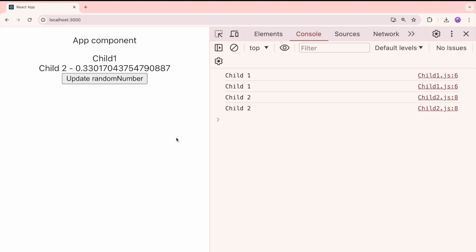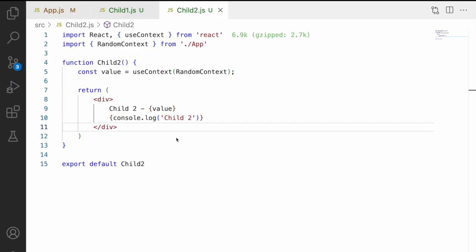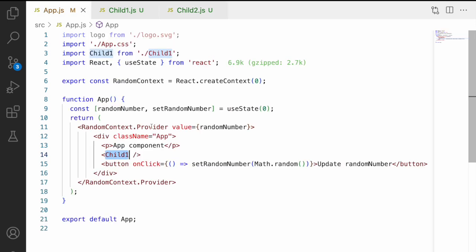So whenever it is containing hundreds of lines, re-rendering hundreds of lines when some other component is getting changed will create a performance issue. So now what we will do is we'll try to overcome this by using a technique called the memoization technique. Memoization helps us to create a pure component.